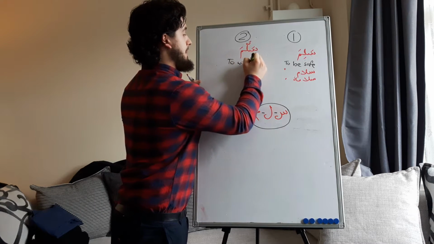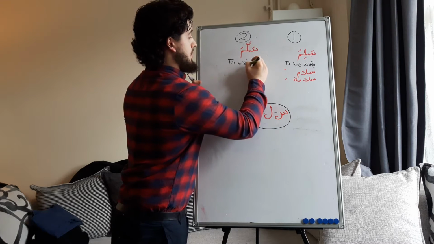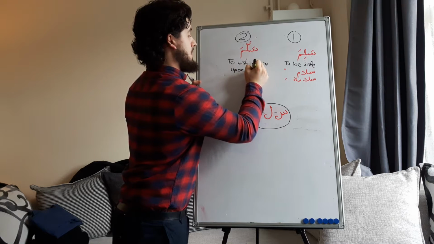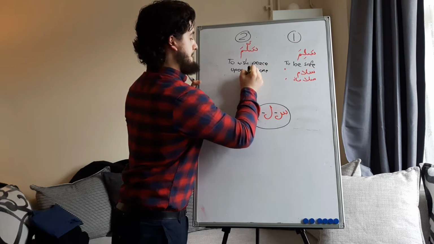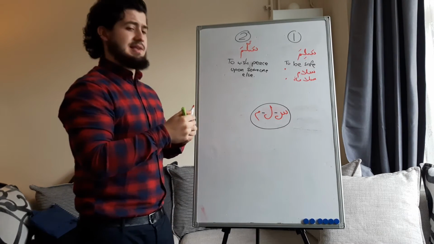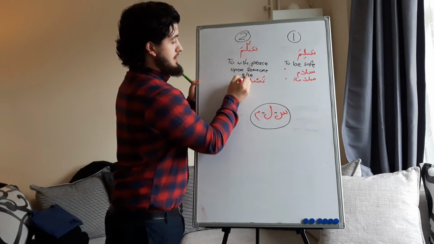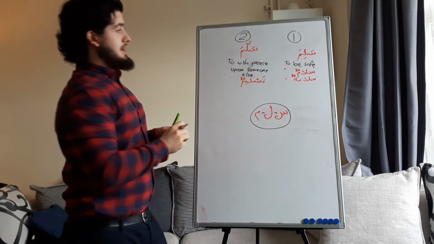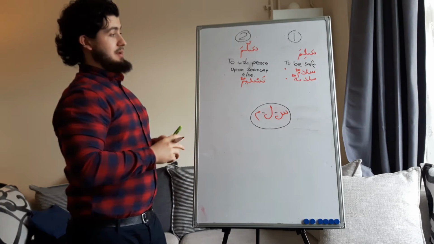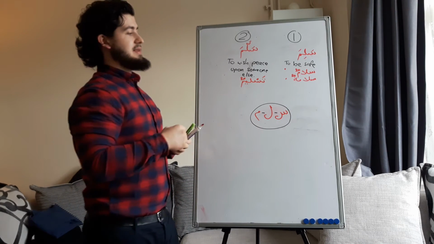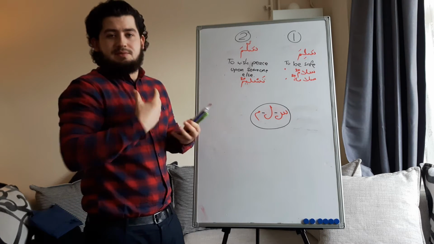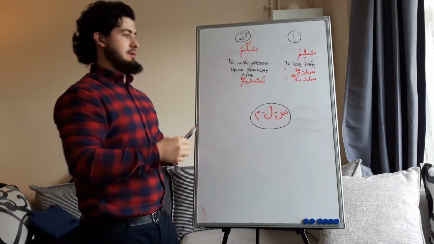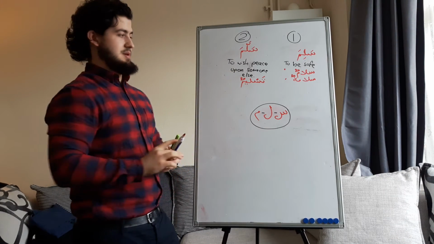To wish peace upon someone else. And that's where the word taslim comes from, as I said. Taslimun. Salamatun wa salamun. Okay. So this form one, salima, means to be safe yourself. And salamun means to have peace because you're safe. And the form two is to wish peace upon somebody else, or to wish safety upon someone else, which is where we get the word taslim from.